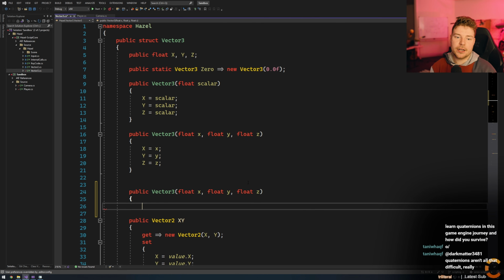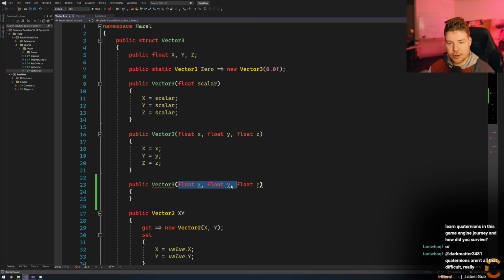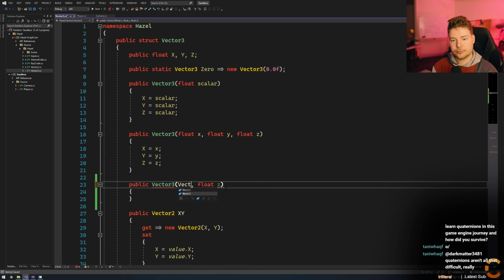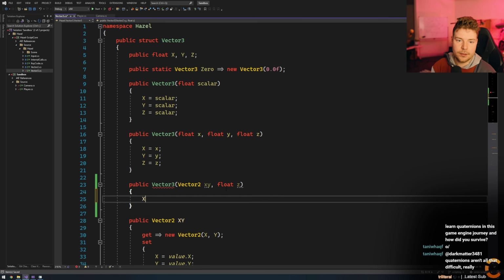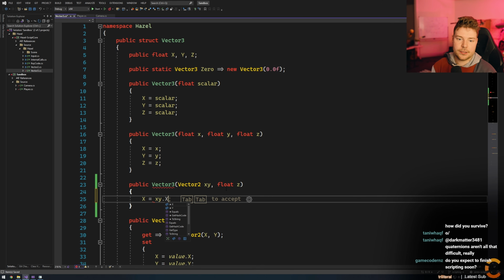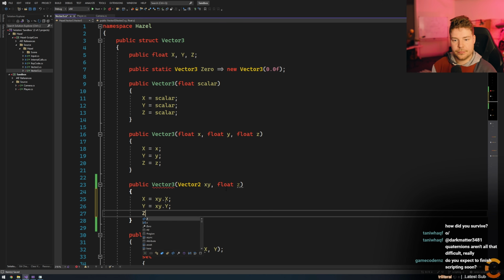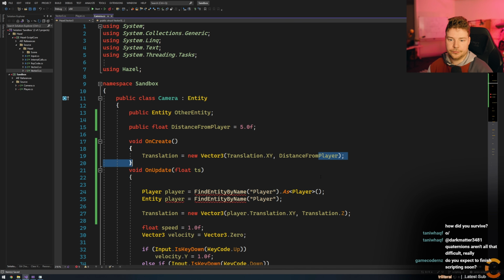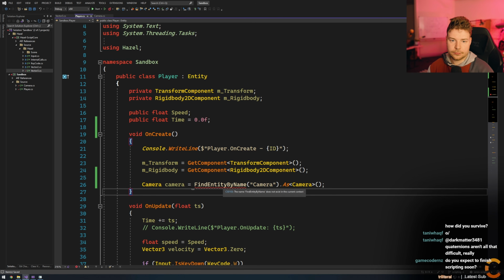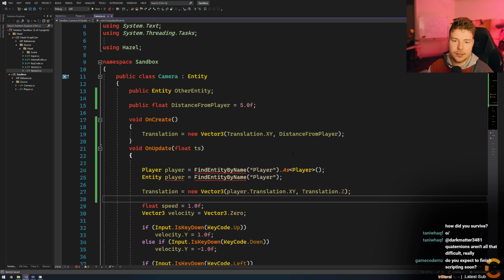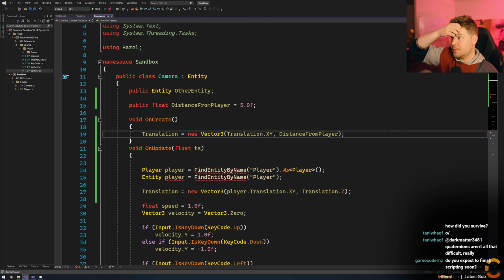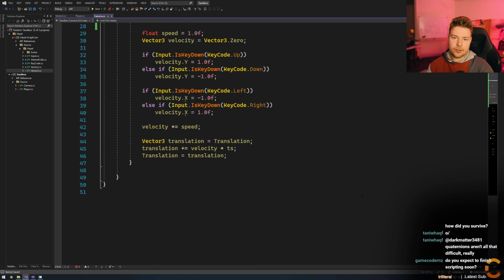So this is kind of fun. We're getting into some gameplay-esque programming now. So x equals xy x, y, z equals z. Where's our camera class? Yeah, that's pretty good. So